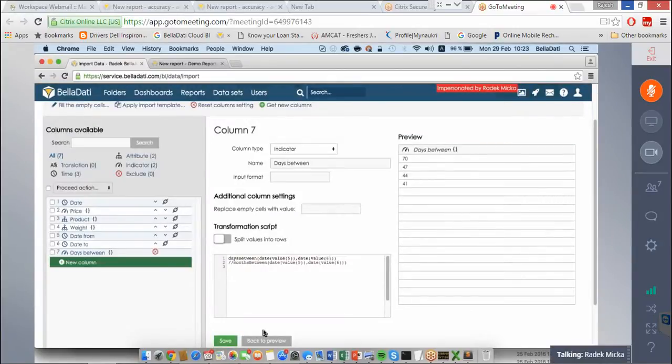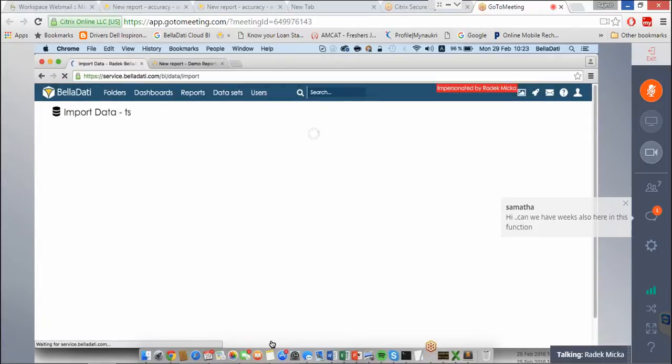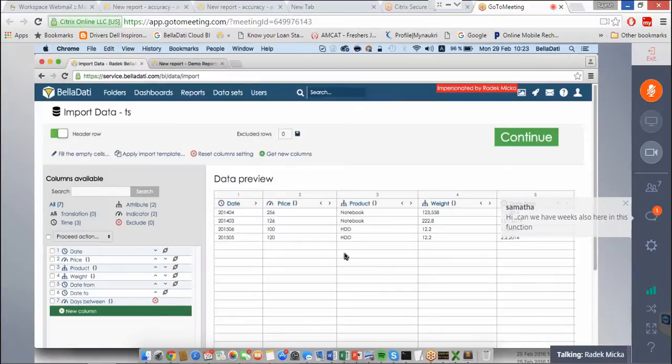So if we take a look at the preview here, we can see here that we will be